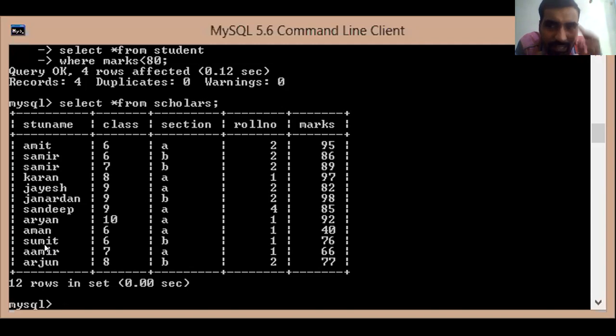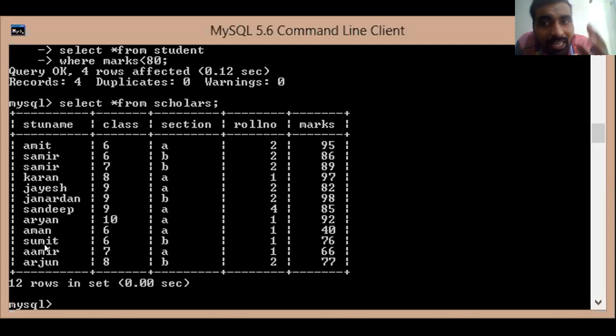Sahil Singh, are you listening to me? Yes, sir. I'm listening. I told this command 2 times. In the first time, sir, at that time my connection had disconnected. Marks greater than 80. So that time 8 records had been inserted in scholars table. Do you remember or not? Yes, sir. We saw that. Yeah, and this time I had given the condition marks less than 80. So this time 4 more records have been inserted.